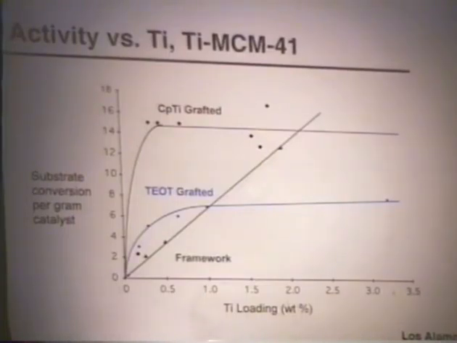The presence of titanium seems to halt the formation of either the micelle or it inhibits the oligomerization of the silicate on the micelle. At any rate, you can no longer make the material here. Now, if one looks at the cyclopentadienyl titanium material, one sees a very rapid increase in activity at very low concentrations of titanium. And then beyond that point, one sees that the addition of more titanium results in no increase in activity. So it almost looks like there's two types of titanium.